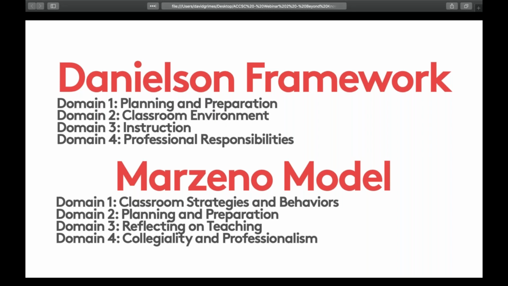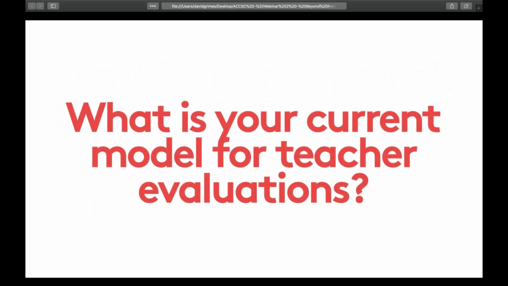I could go through and look through 500 studies and make something myself, or I can look at the Marzano model, look at what our needs are in my building, and then build a good teacher evaluation, a teacher professional development tool to help everybody out in my school. So I just want to share those three with you today.